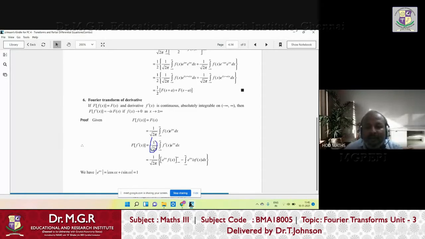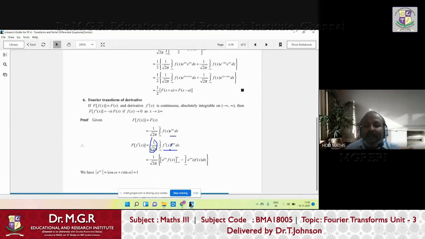The main thing you have to concentrate on is here, right? So by definition, it is f dash of x e power isx dx. You may ask, in offline classes, I put a minus sign here, and then in the inverse transform, I put a plus sign. But here this author uses a plus sign in the Fourier transform and a minus sign in the inverse Fourier transform. But again, I'm telling you both are mathematically correct, because the Fourier transform and inverse Fourier transform are a pair of formulas. So when you apply the Fourier transform and get back to the original function, automatically this type of thing will adjust itself. So e power plus isx is mathematically correct, no problem, right?